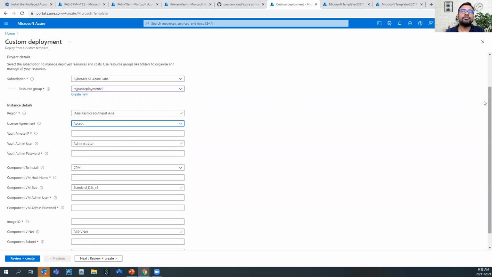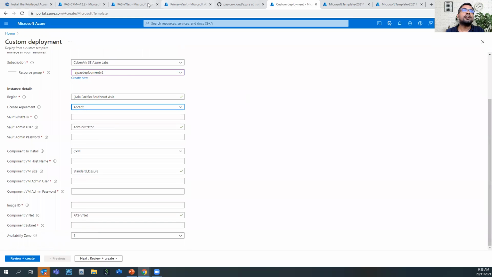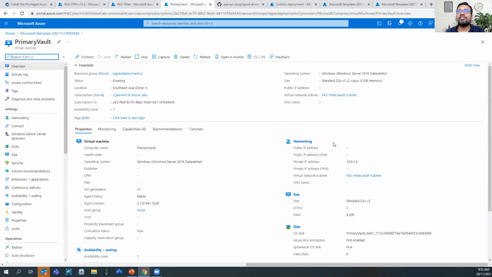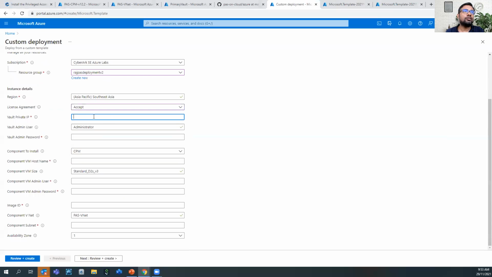We can accept the license agreement, and the vault IP address is 10.0.1.4. Let me fill in the vault admin password, and we are trying to deploy the PSM.